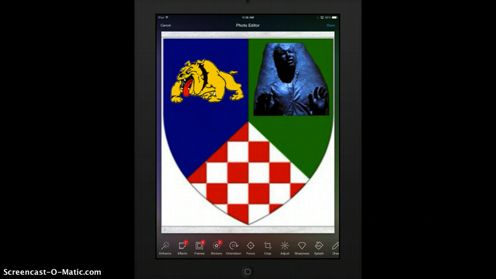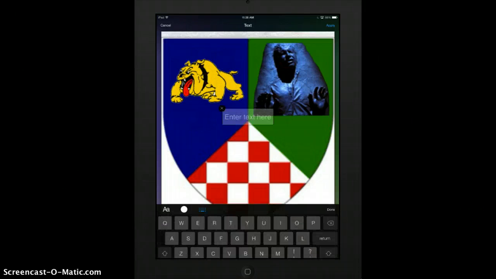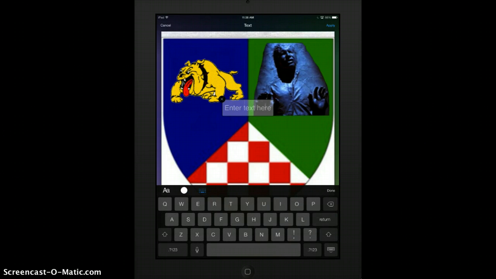And so when I click on it, it has all the options down at the bottom that I want. I can put some effects, I can enhance it if I want to change high definition or color or something. Hit cancel there. Change orientation, I can put some frames on it, whatever. Well, the one that I really want right now is I want some text, because I want to write Solo on the Rocks. So right here, and it says enter text here, I'm going to write capital Solo on the Rocks,